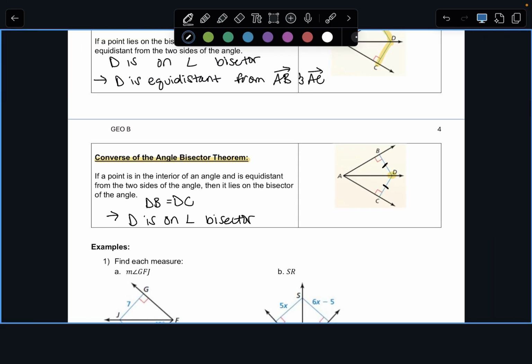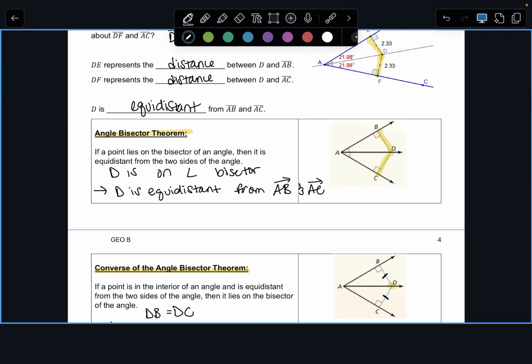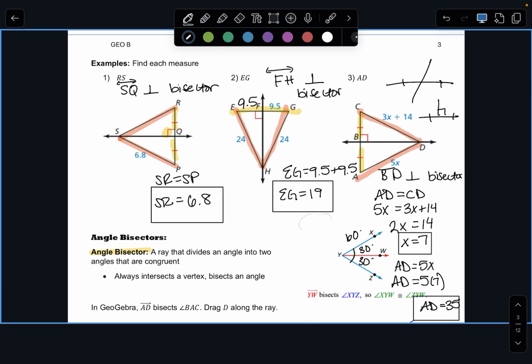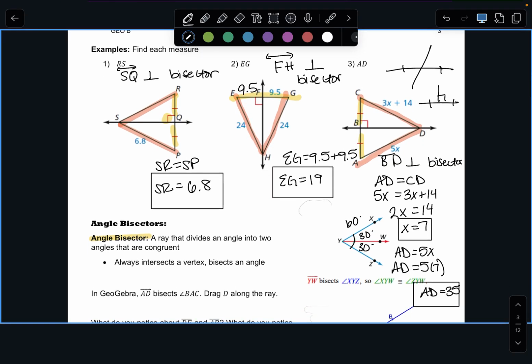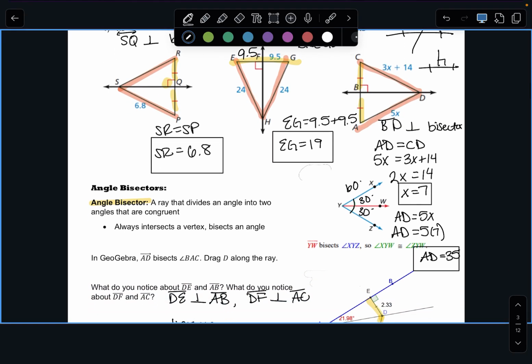But if you look, this picture is super, super similar to these pictures. You have to be super careful about what type of segment you're actually